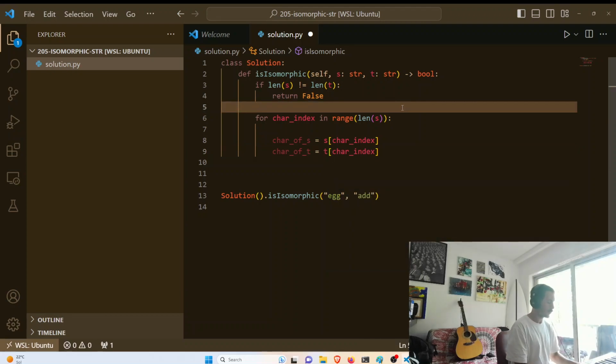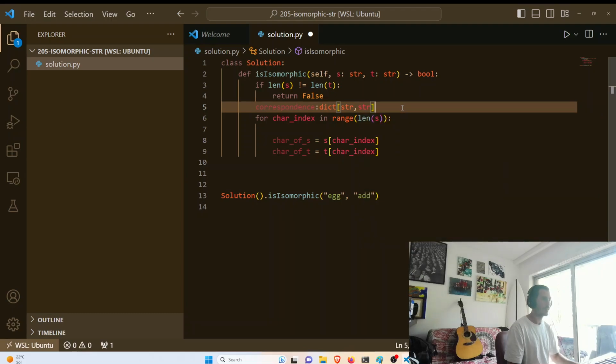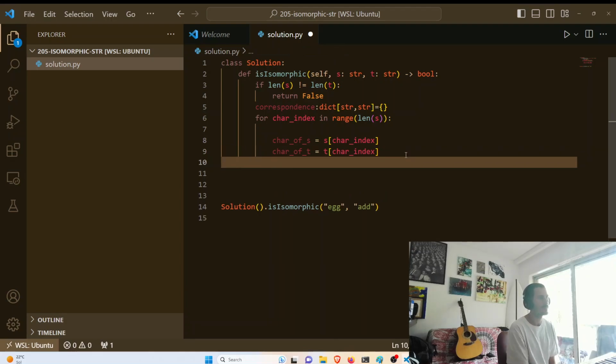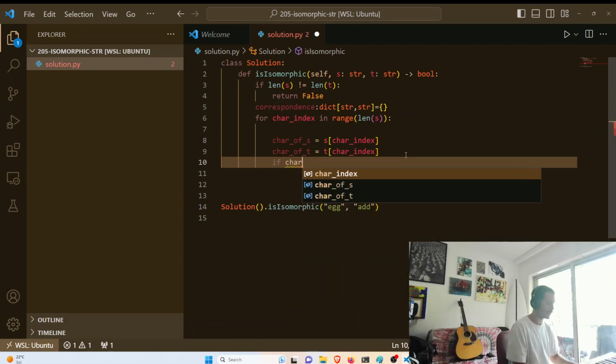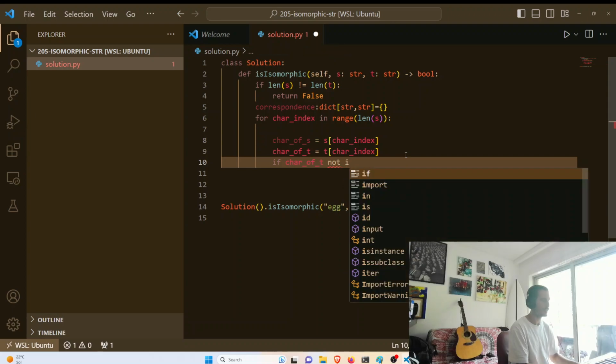And now we can go for correspondence. And that will be a dictionary of string. So we'll check if char of t not in correspondence